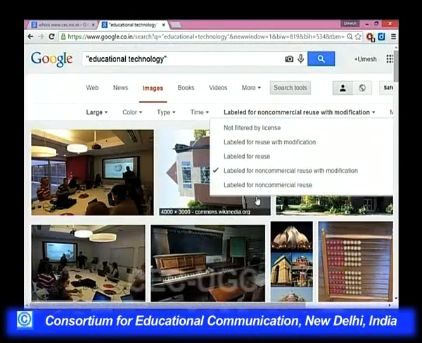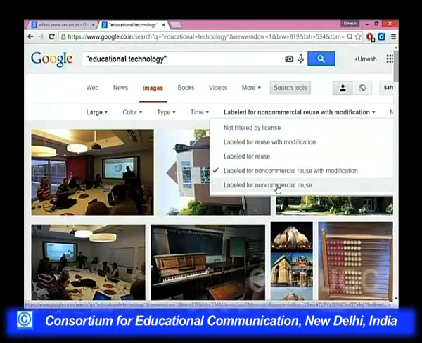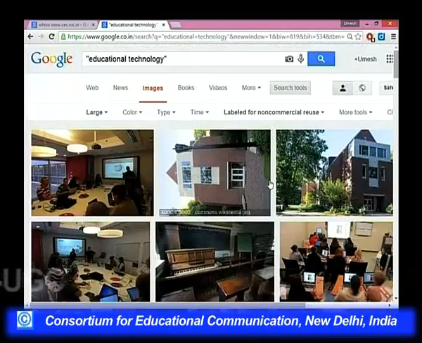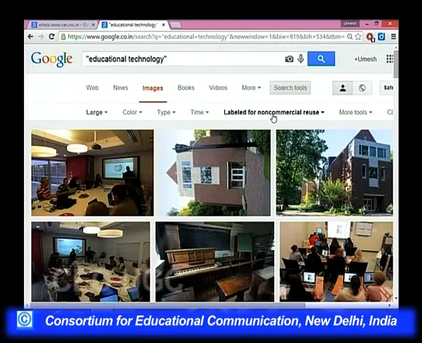And if you click the last one, label for non-commercial use, you can modify it, you can reuse it, but that should be non-commercial. So, this whole framework opens up a new broadened area that we call the Creative Commons. As you know, with the growth in meta literacy these days, information is being uploaded on the internet, but people are using it indiscriminately.